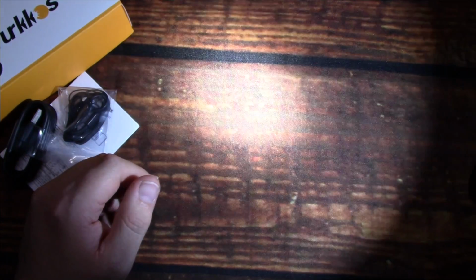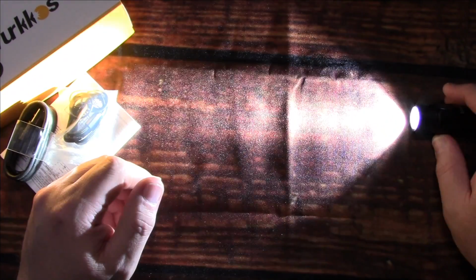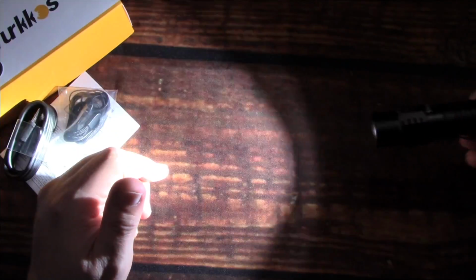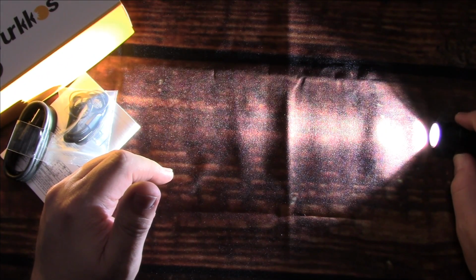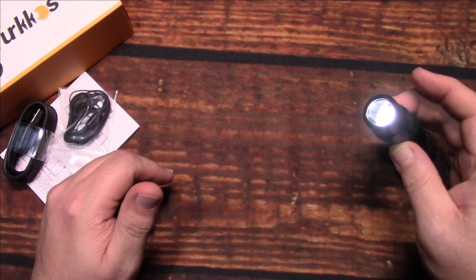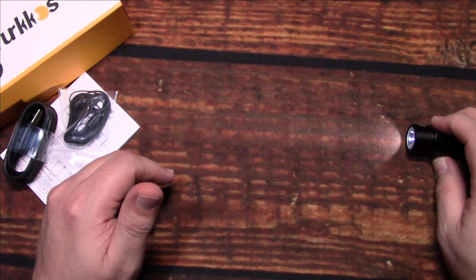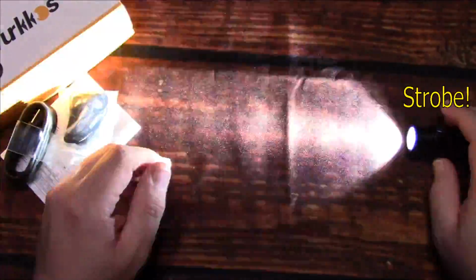That looks really good. And then whenever you want turbo, you can simply double click. 1300 lumens. That's a lot of light coming out of this little EDC. And then if you want to click that again, it'll go back down and then go to the lowest light output. You can get to strobe. You can go ahead and triple click on that side switch,